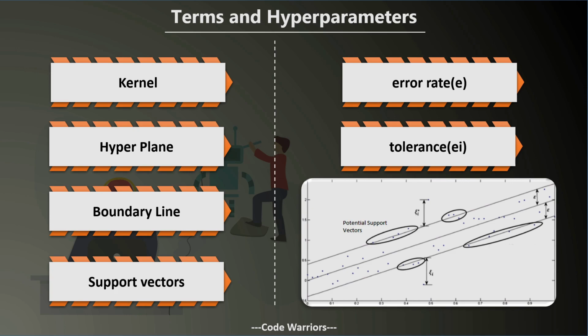The second term is kernel. What is kernel? The kernel is a function which is used to fit the data. We need to set the value of kernel as per our requirement. For example, to fit linear data, we will set kernel to linear, and to fit non-linear data, we need to set kernel to RBF. There are also other linear and non-linear kernels, and they are functions of how they work.